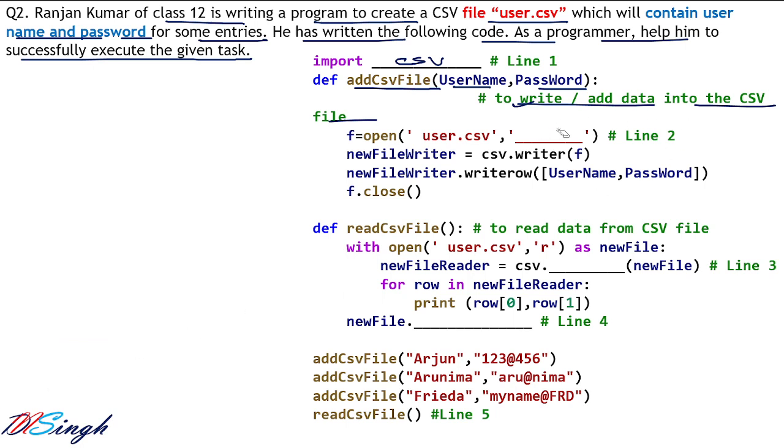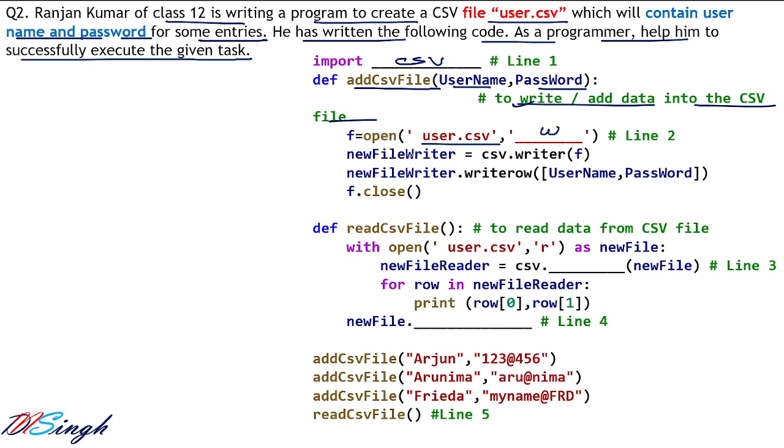Let me erase it first. Okay, fine. And then rewrite here. That mode is what? Write mode. So here we are using the write mode, W. As we are not using B or T, just writing W is enough. The open function takes two arguments. First one is the file to be opened, and next one is the mode in which you want the file